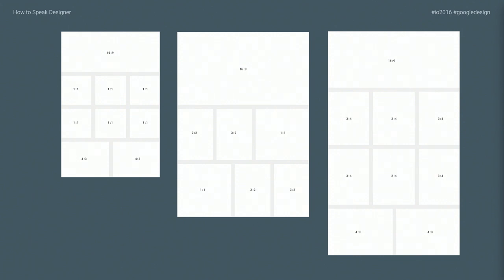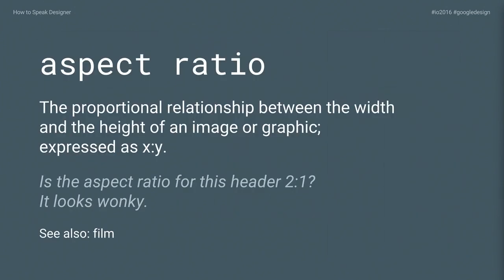This grid scales responsively, and in order to do this, we have paid really careful attention to the breakpoints and also the image aspect ratios. Hold on, what's an aspect ratio? Let's define it. An image or graphic has an aspect ratio of 2:1. That means that its width is twice as long as its height. So, this is sort of what we mean by aspect ratio.